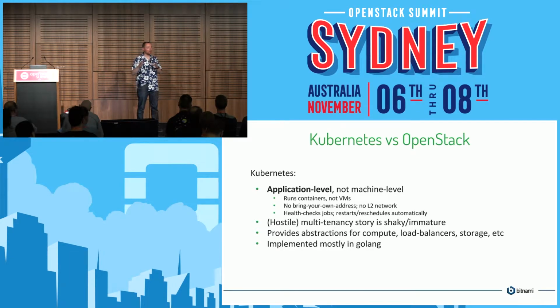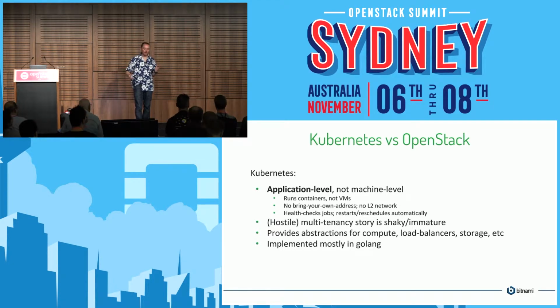Compared to OpenStack, where you're providing a machine abstraction, each machine could be running a different operating system. You can have Windows, you can have different versions of Linux. And that virtual machine abstraction is actually quite small. When it comes down to the bottom, you've got disk, you've got CPU, and it's fairly restricted in what it can do. So it's much easier to strongly isolate that. And then other than that, it's got abstractions for all of the high-level things you need. There's an abstraction for load balancers, an abstraction for remote storage, for these sorts of concerns.